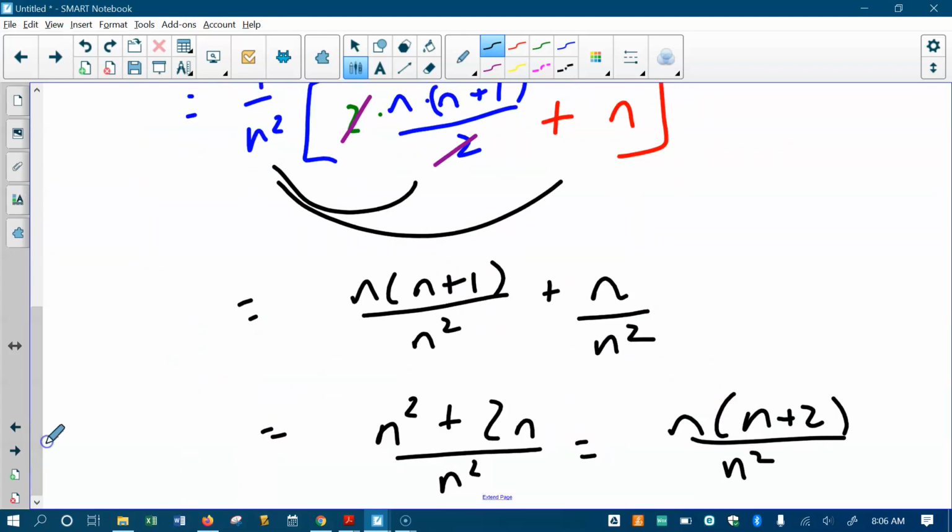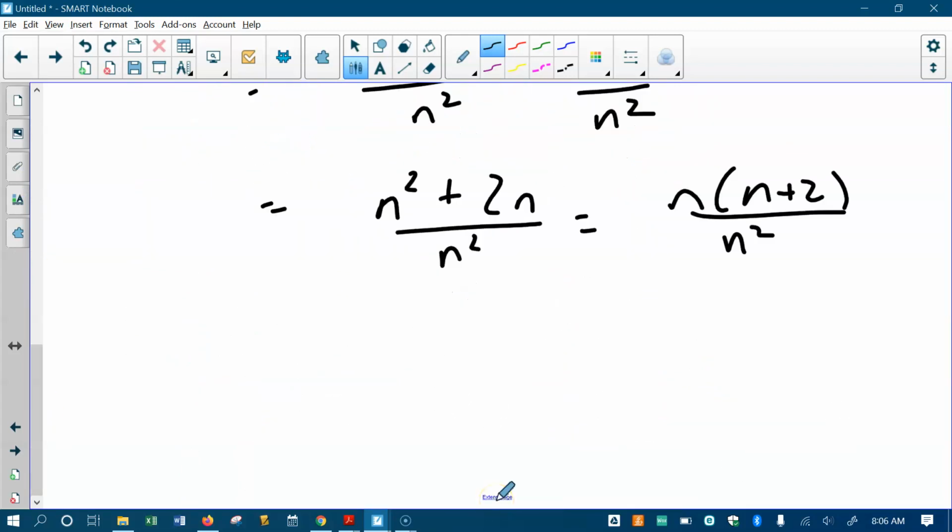So let's start doing it. Let's make a little table here. When we plug in 10,